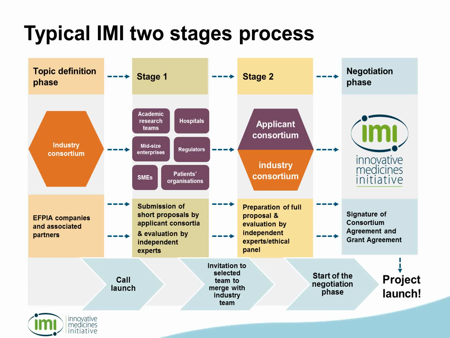Okay, so you have approximately, I think, 3 months or so to submit your short proposal. And following the submission deadline, all the submitted proposals are competitively evaluated by a panel of independent experts. And this is another difference from Horizon 2020, in that only the top-ranked consortium from the first stage will go through the second stage, okay? And the reason for this is because we only have one industry consortium. So only the top-ranked applicant consortium can merge with the industry consortium at stage 2 to form a full consortium,